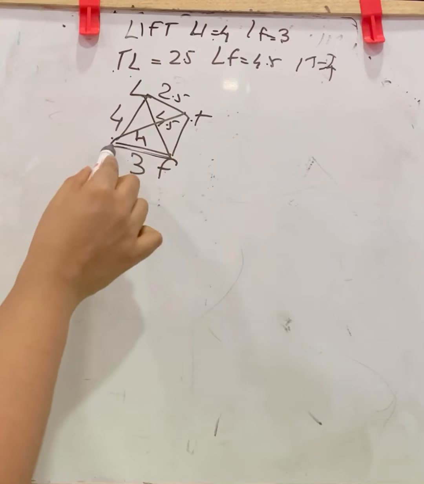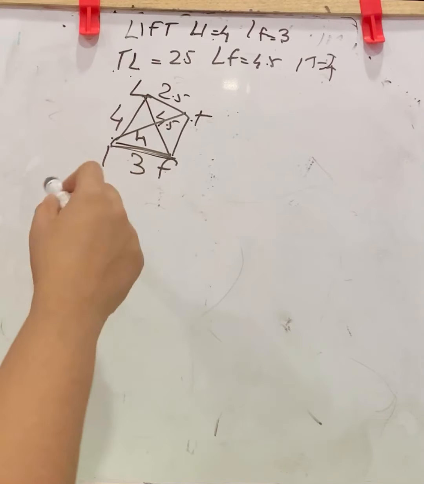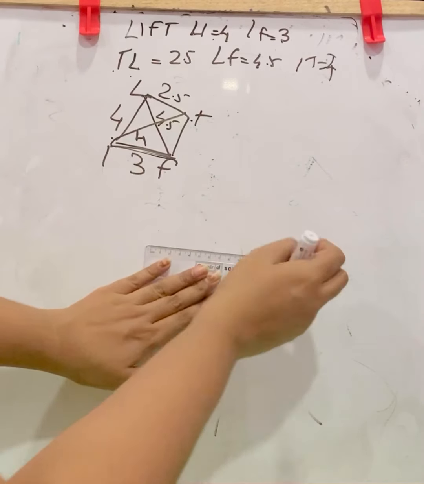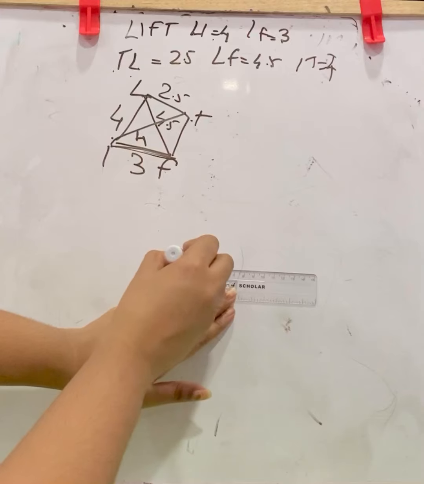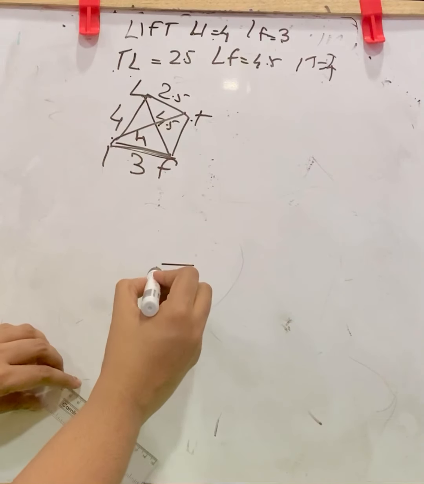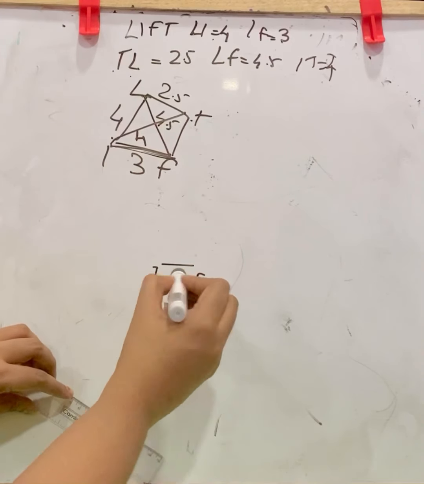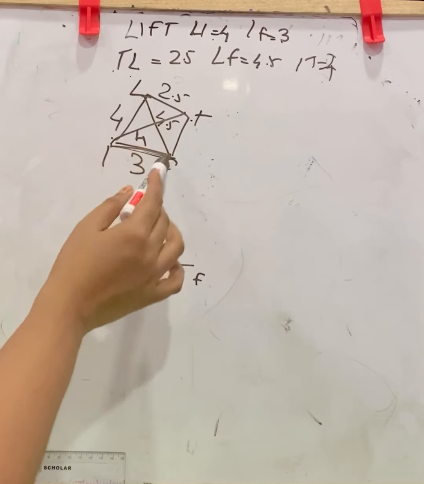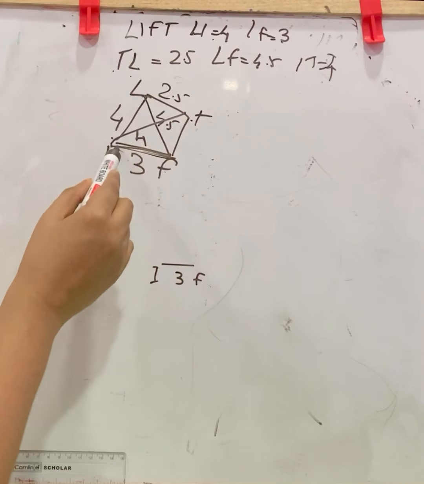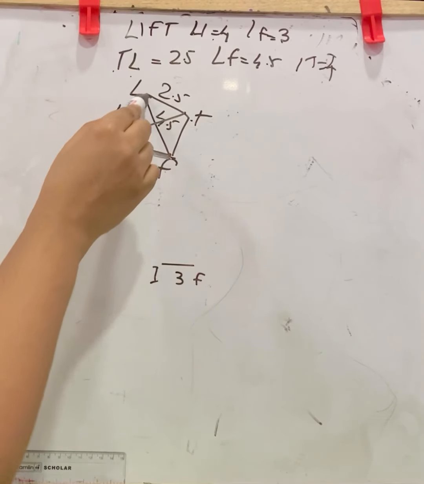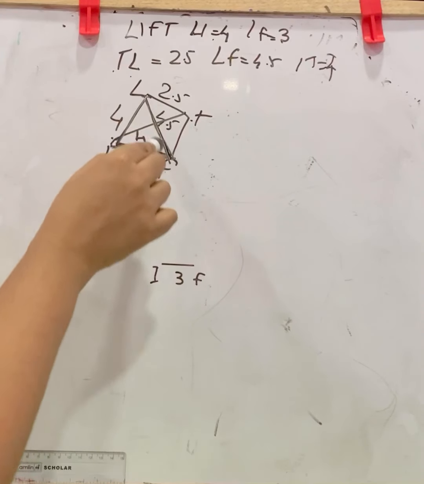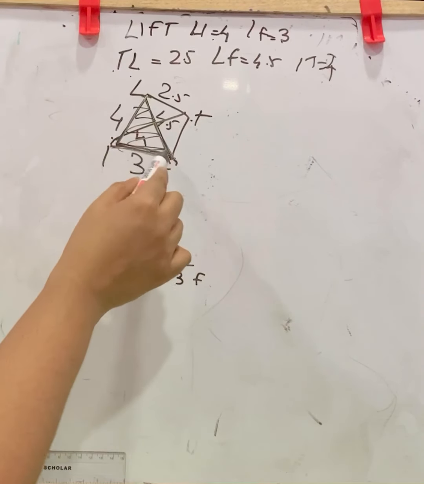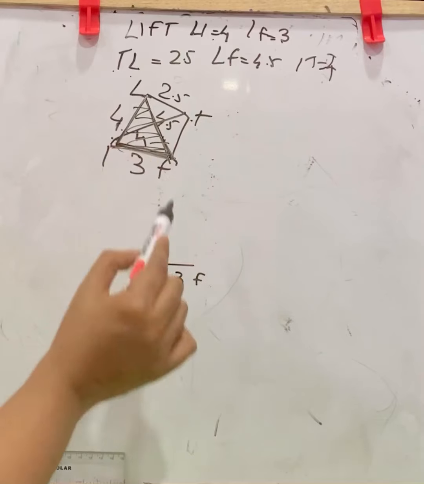Let us take this as the base. So we will draw a line with 3 cm length. This is 3 cm IF. After that, check this figure. You can see this is the base. We have this measurement and this measurement. That is, for this triangle, you have all the three measurements. So it is easy for us to construct that.